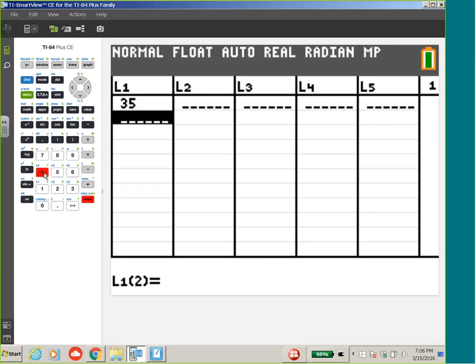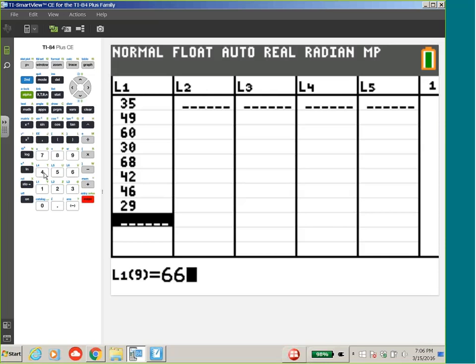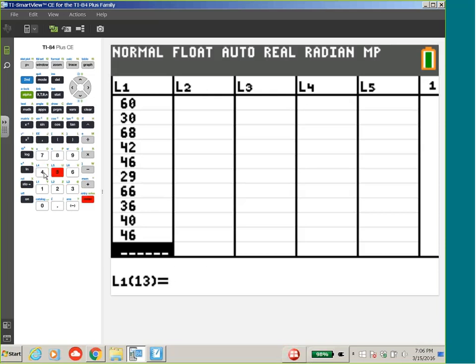35. 49. 30. Okay. 68. 42. That's interesting. 46. Oh, keep going, keep going. 29 and 9,500. Oh, wait, 9,500. That sounds like an outlier. Yeah, 66, 36, 40, 60, 46, 52, 52, 59, 45, 69, 73, 42, 59, 62, 72, 62, 46, 59, 53,